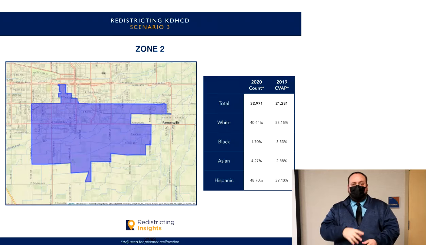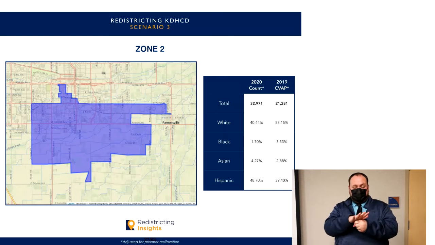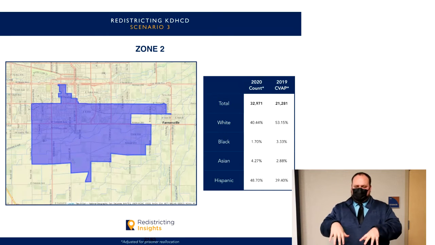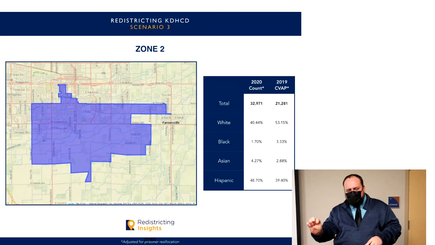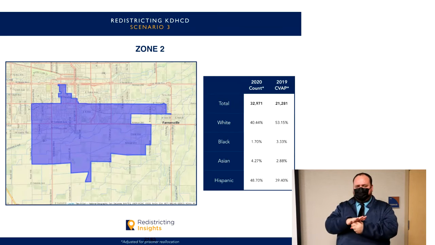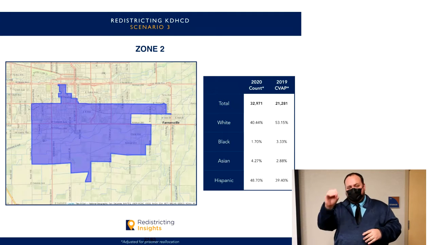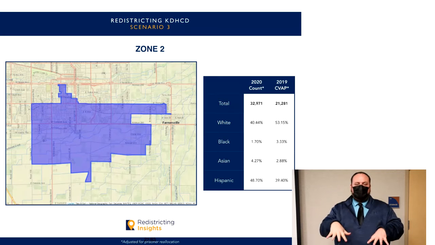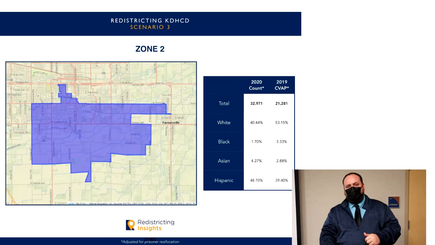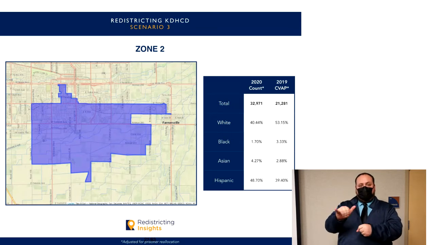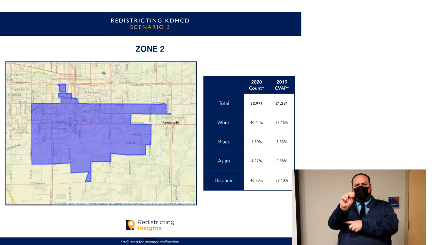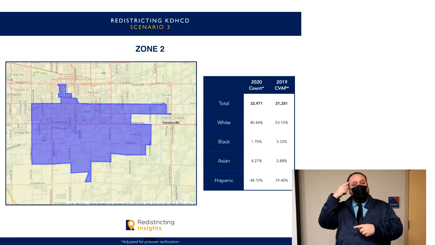And then moving over into this one labeled District 2, taking up the southeastern portion of the district. So this one is negative 0.44% under deviation, 39% Hispanic. You can see this takes up most of the southern portion, southeastern portion. For most of the district, Walnut Avenue is the northern border here.